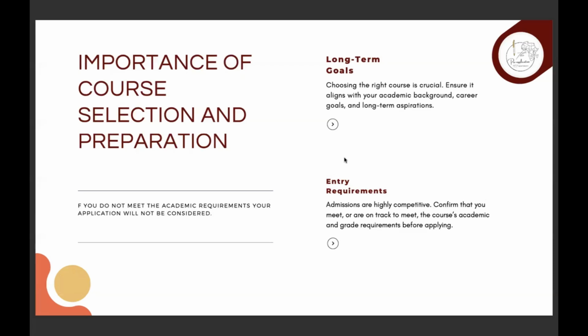So you are sure that given the 3 years of academic performance you've had, the remaining 1 year or the remaining 1 semester, you will be able to beat or maintain the first class or maintain the second class upper that you could be in already. That's what they mean by saying you are on track to meet those academic requirements before applying. So it's not a matter of just applying. Be very careful,